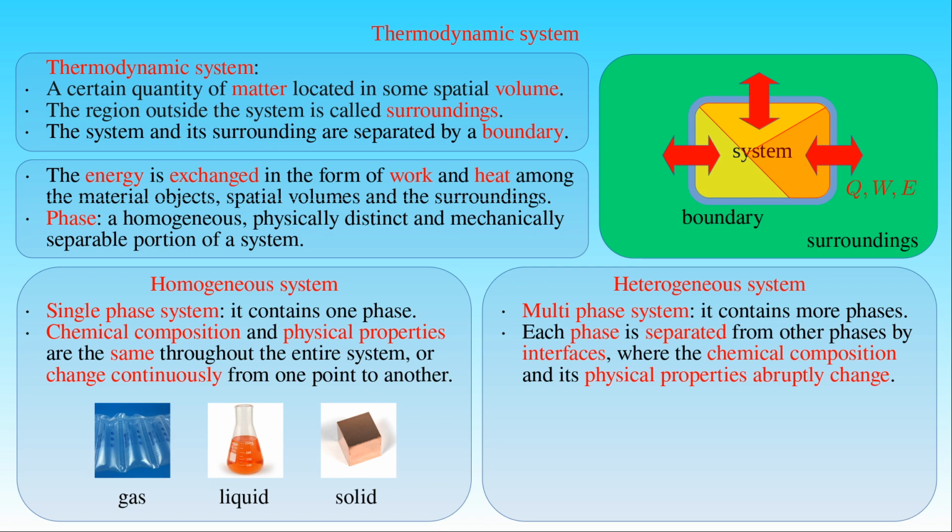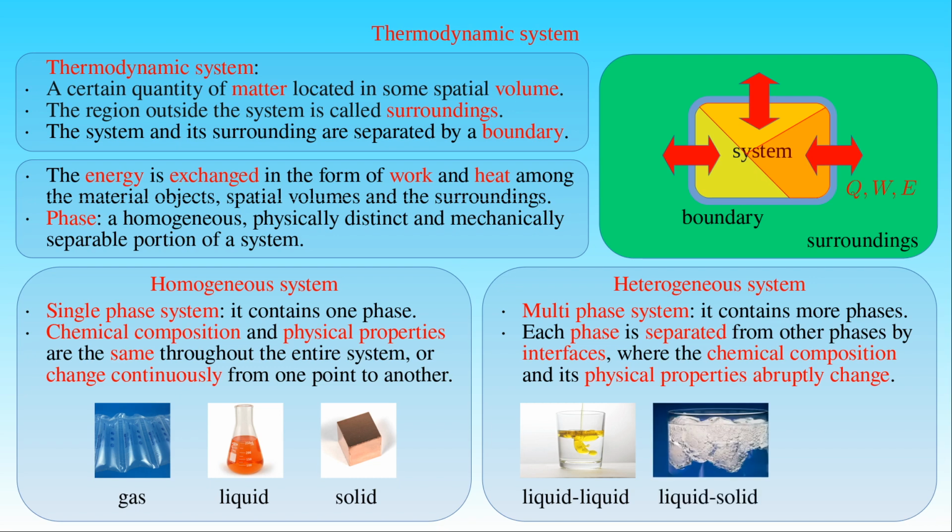An example for a simple heterogeneous system is a two-component fluid, where the components of different density are separated from each other. In the photo, some oil is poured into a glass of water which do not form a mixture, but the oil emerges on the surface of the water. Ice floating in water is also a heterogeneous system where fluid and solid phases of the same substance coexist in separation. The last example for a heterogeneous system is a solid body or a collection of solid bodies, where the parts of the body or the members of the collections are composed of different materials.